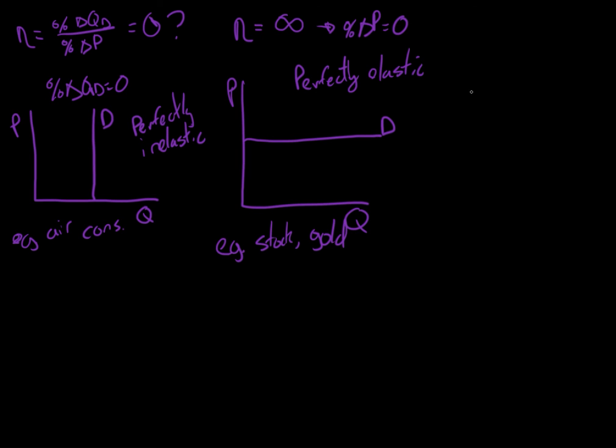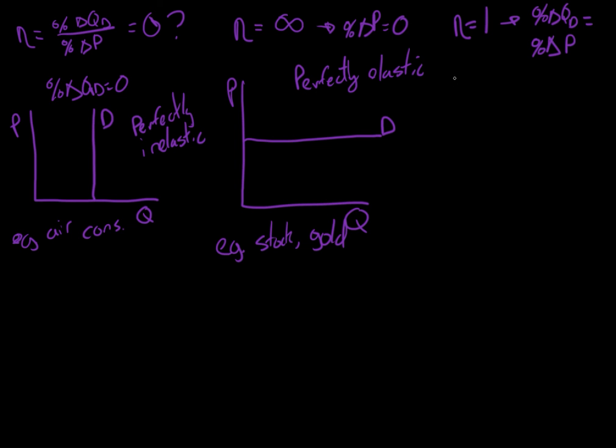Our third kind of extreme, more rare scenario would be when this price elasticity of demand is equal to 1. In this case, I have to have a situation where the numerator, which is my percentage change in quantity demanded, has to be equal to my denominator. So I don't care if it's a change of 10% for a change of 10%, or 5% and 5%. The percentage change has to be identical in both cases. This way, if this is equal to this, then one over the other will mean a price elasticity of demand equal